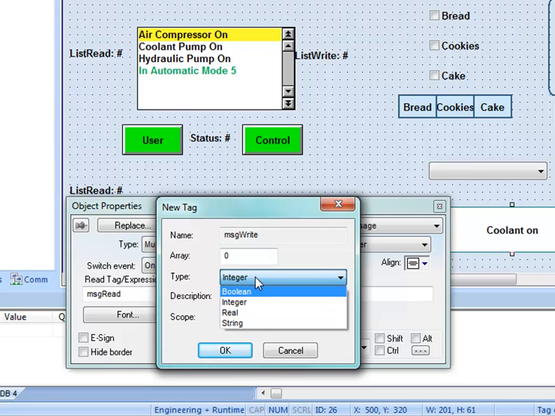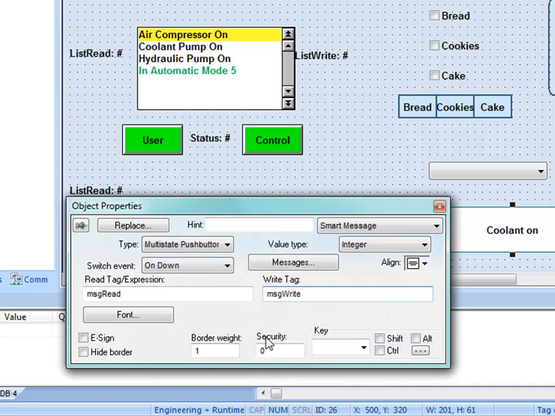And depending on what type of message you've put into the object, the value column will automatically go into that particular type. Now it will be converted to something that makes sense. If you put a string into an integer tag, it'll show up as 0. If you put some text in and put it as a string, it will show up. But I'm going to go ahead and choose this as integer for now,